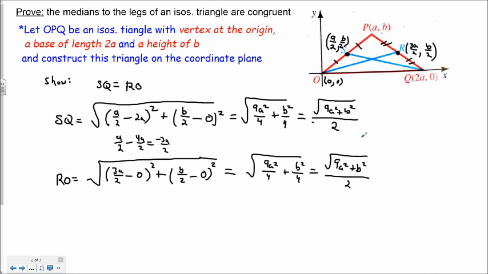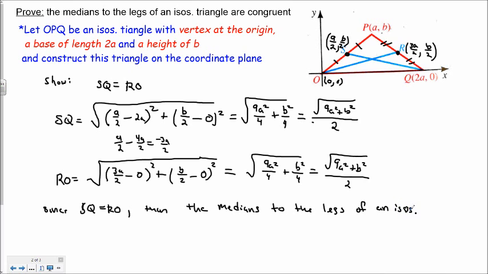Well, since SQ and RO have the same length, by definition they are congruent, so the medians to the legs of an isosceles triangle are congruent. So how this differs from a paragraph style or a two-column format proof is